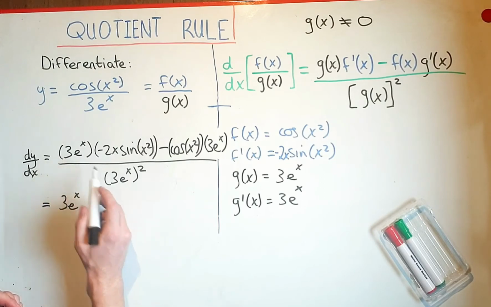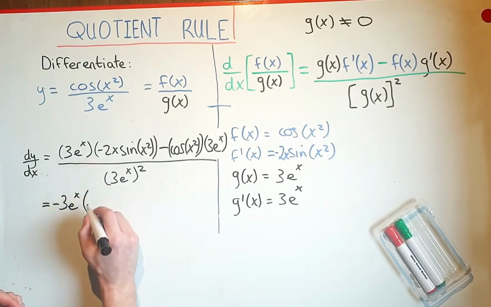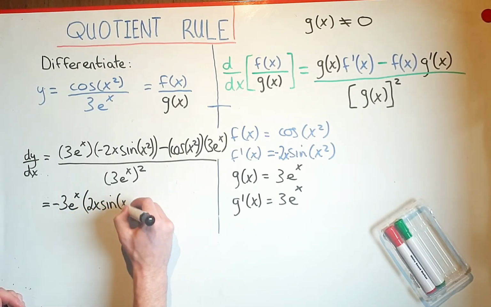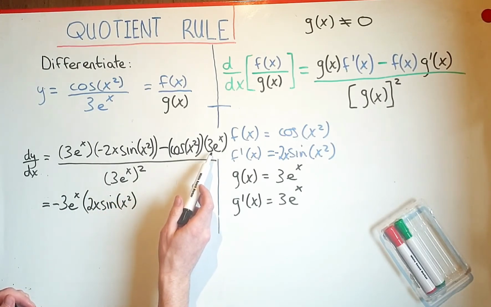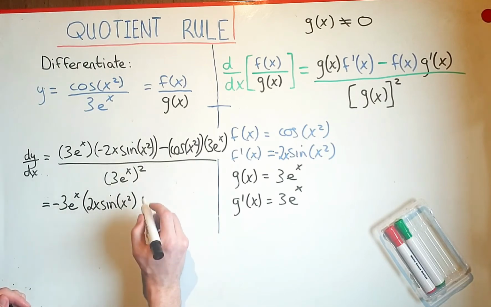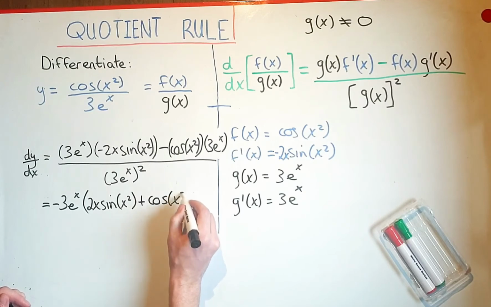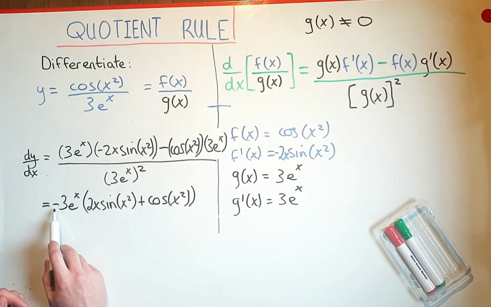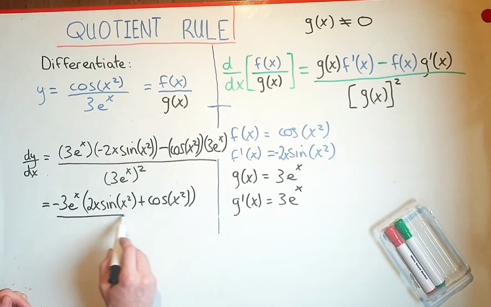If I take that out, I'll bring the minus out here, so that will leave us with a 2x sine x squared. And then if we had taken the 3e to the x out, that's going to leave us with a positive cosine x squared. So it's positive because, if you remember, I took the minus out. If I multiplied this back in, a minus by plus would give me back that minus. And then that's all over